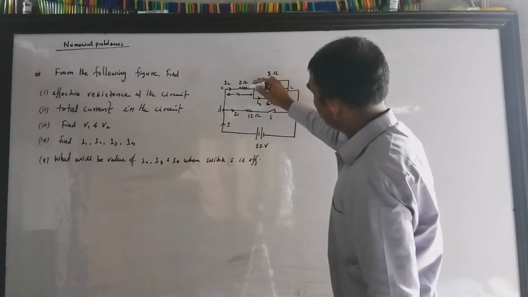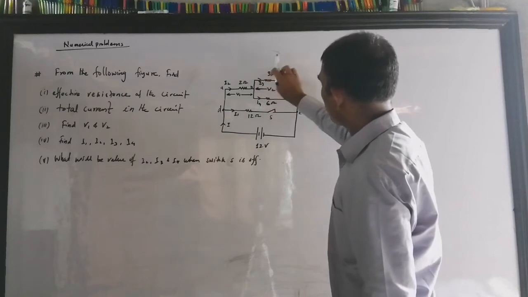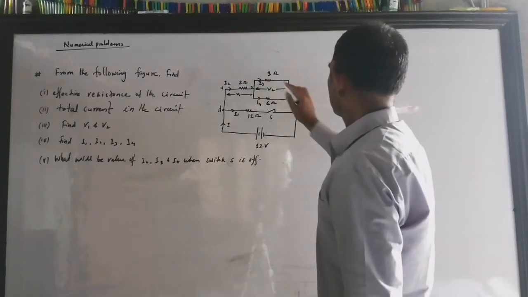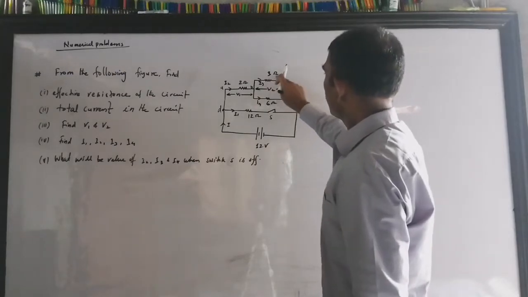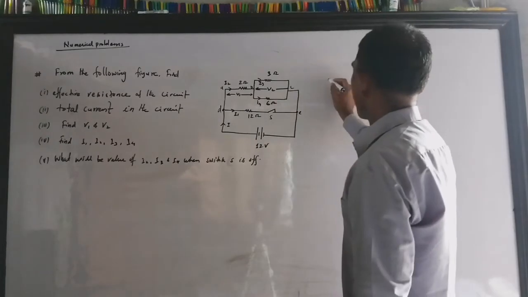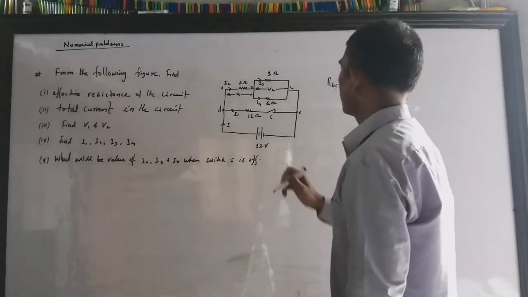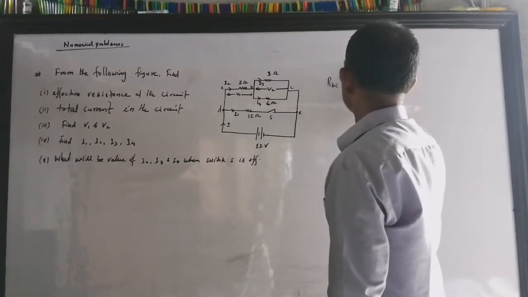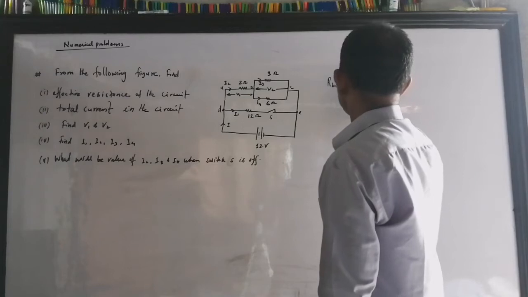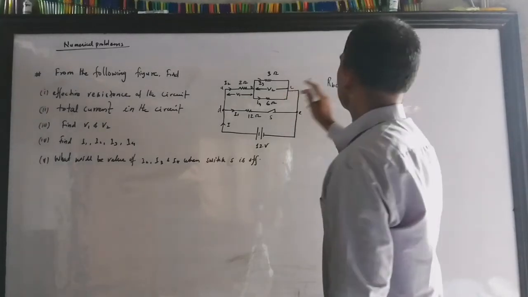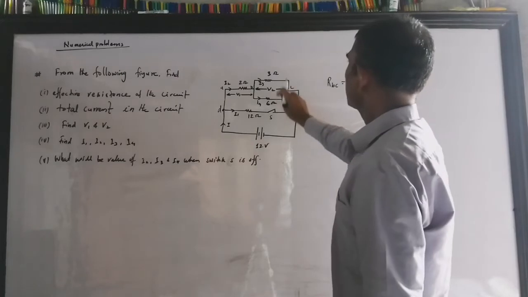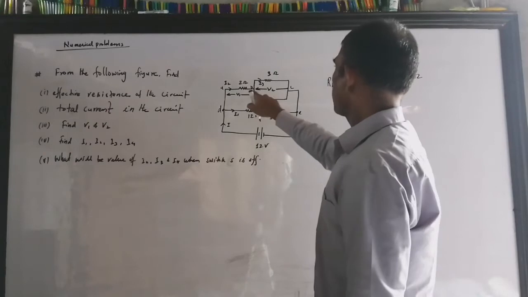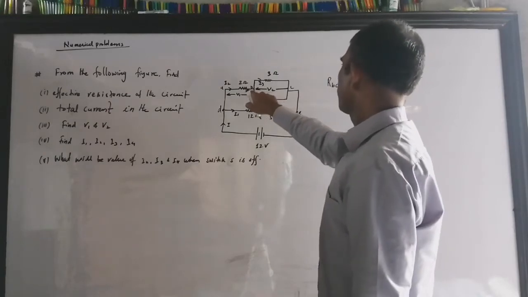See, the current coming from here can go either through the upper part or the lower part. If there are two choices for the current, then they are in parallel. So here the 3 ohm and 6 ohm are in parallel, and I find the resistance from B to C. I told you if they are parallel, we have the simple quick formula: product by sum. Product means 6 times 3 is 18, and 6 plus 3 is 9. So this becomes a 2 ohm resistance. So I found the resistance from B to C.